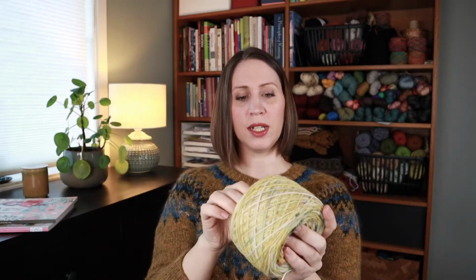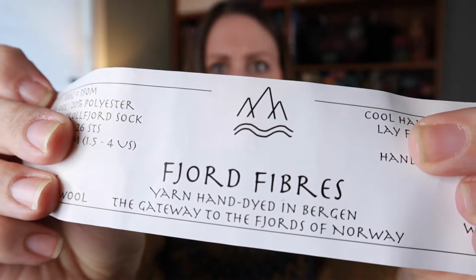Oh, I even have the tag inside so I can say what color it is. It's a tonal yellow with speckles. So yeah, Fjord Fibers, and this is her Hytteliv colorway. I'm not sure if this is the one that she has in stock always, or if it was one that I got in a sock club thing. I did sign up for some sort of sock club. But yeah, Hytteliv, which is Cabin Life colorway. It's a really lovely muted yellow. And yeah, yellow, beige, got some greens, got some